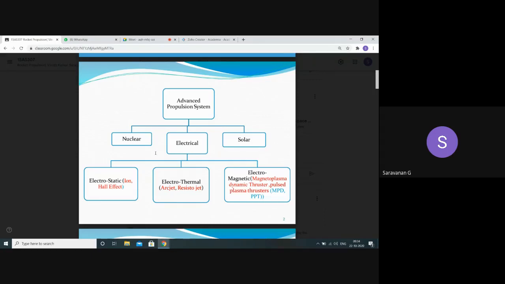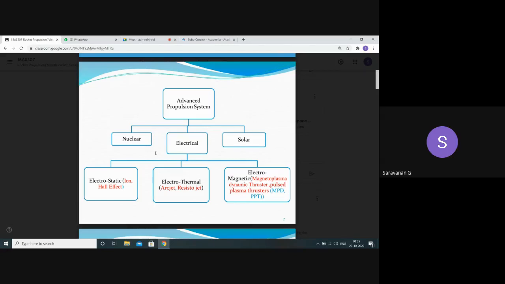Coming to the last, third major classification, the solar propulsion system. As you know, the energy source is the sun, a naturally available source. From the sun, we are receiving solar energy. We collect it using a parabolic collector or some radiator systems, and it is used for heating the propellant. We always allow the propellant to flow in the system. The energy received is used to heat the propellant, and the heated propellant generates kinetic energy in the form of a jet through a nozzle, obtaining thrust. That's the principle, a very simple principle.